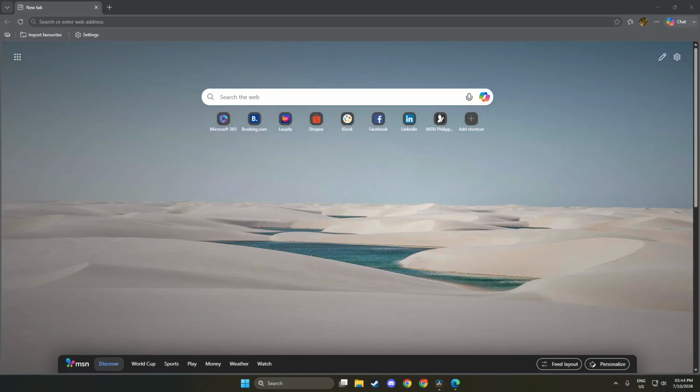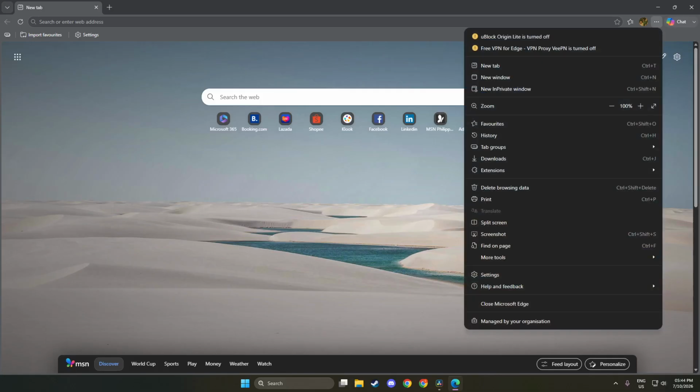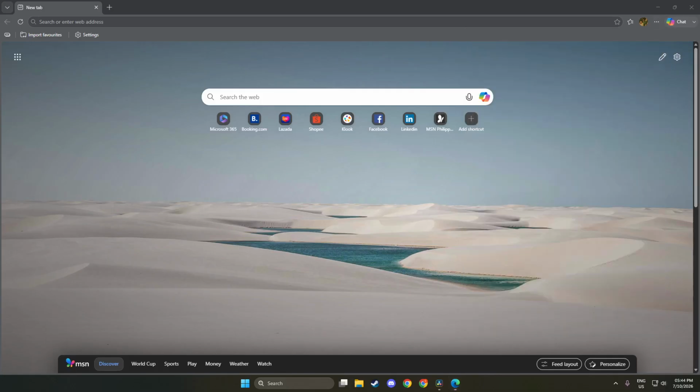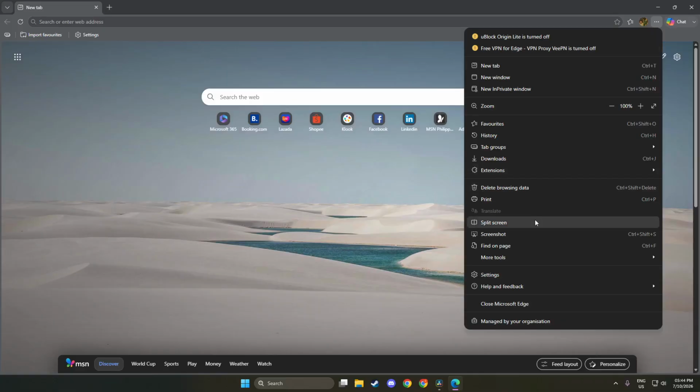Next, click the three-dot menu located at the top right corner of the Edge window. This menu is represented by three horizontal dots, often referred to as the More menu. Clicking it will reveal a drop-down list of options. From this list, select Settings. This is where we will find the controls necessary to manage how Edge operates in the background. Accessing the settings is a crucial step because it allows you to customize your experience within the browser.